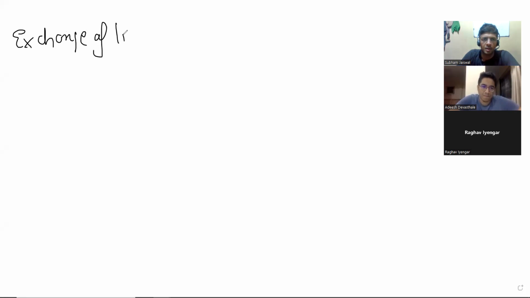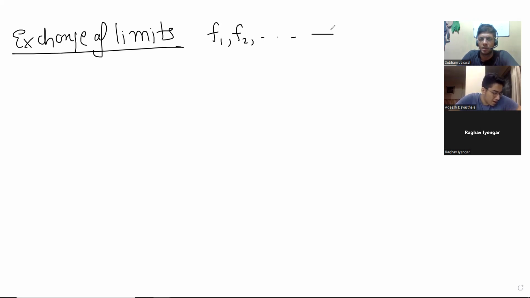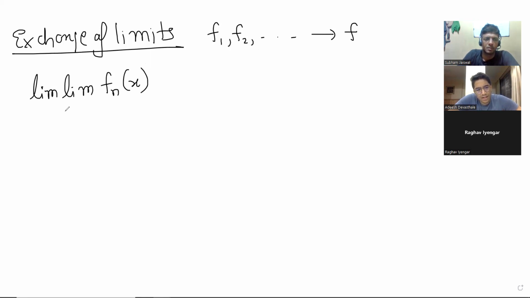Exchange of limits. And so you can just mention maybe the condition. The condition was that you have obviously a sequence of functions which converges to a function f. You've got a sequence fn which converges to a function f, and the theorem is like this: the limit of the limit of fn of x as x tends to x naught, and outside n tends to infinity,